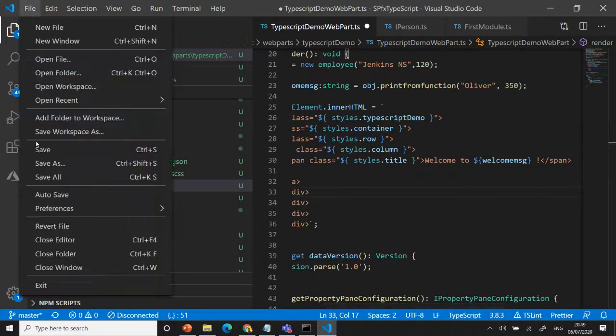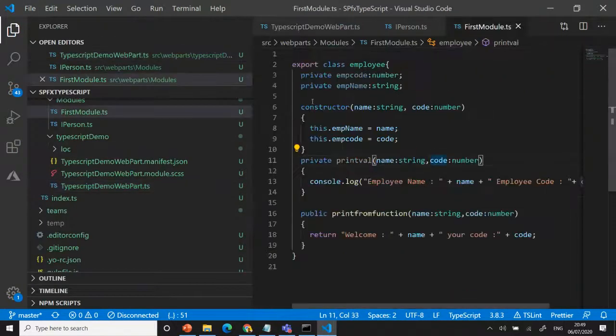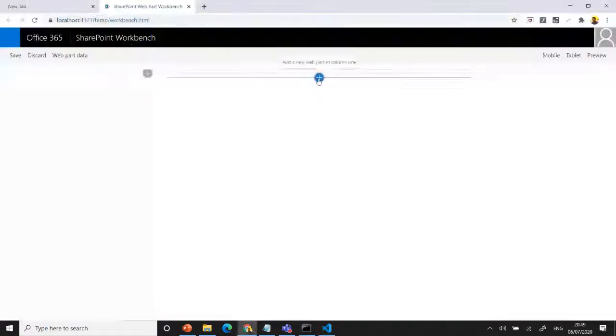I'll save it. Now, what I did is we have a class. It's written two things. One is in the console and one is in the web part, right? If you want a console or you want to make this return, you need to send the data or maintain it somewhere and you can get the value here, right? I'll compile again. It's already compiled. Okay, we have that web part. You can go here. You can see welcome.